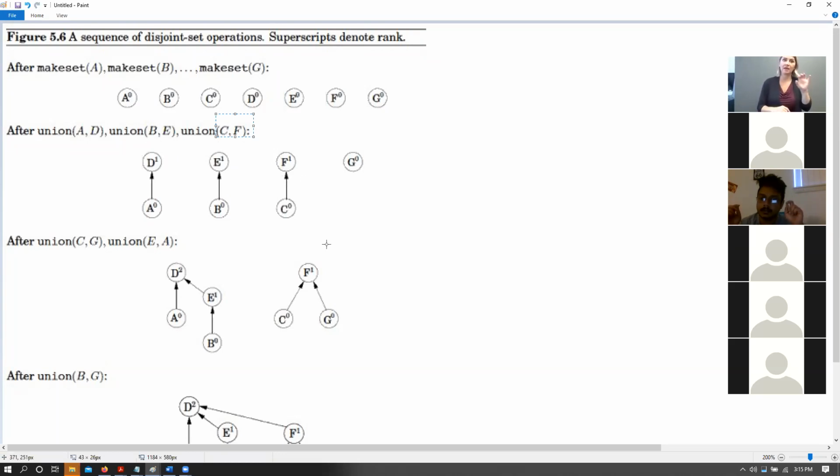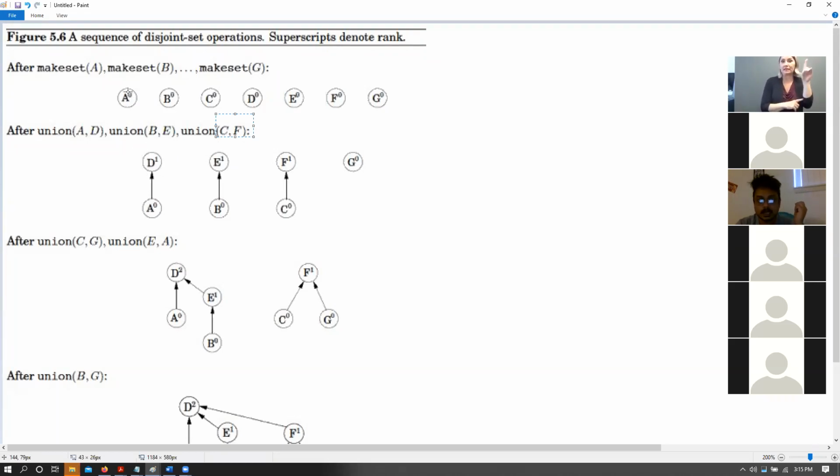So when we are adding these edges, it is the job of the union function to create this tree. So now basically, since we are adding an edge from A to D, we say that A's parent is D. Either way is fine, doesn't really matter. Undirected graph, we chose D to be the parent of A.